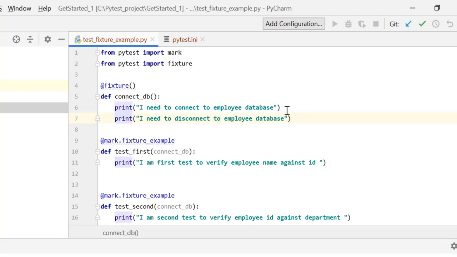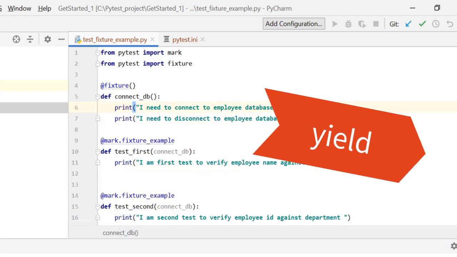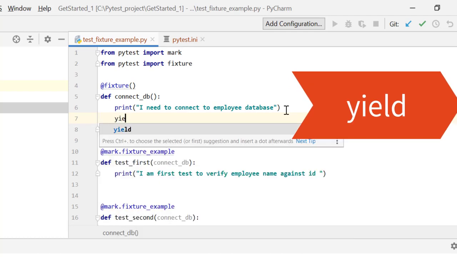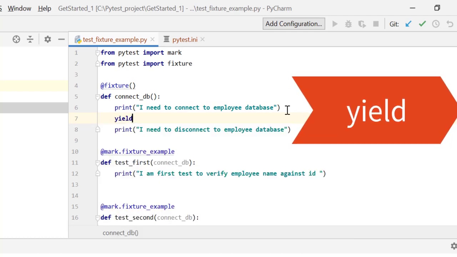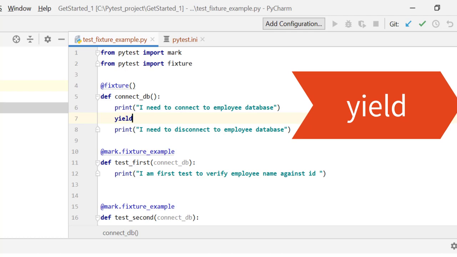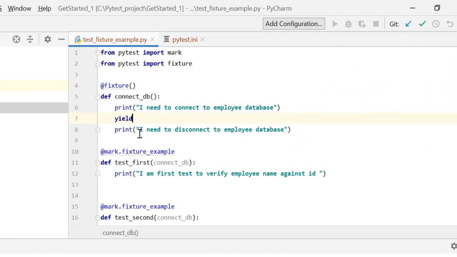And to run this statement at the end of each test case, we need to give the keyword yield. Once we give yield, it will execute the statement before yield before the test case, and the statement after yield after test case execution is complete.